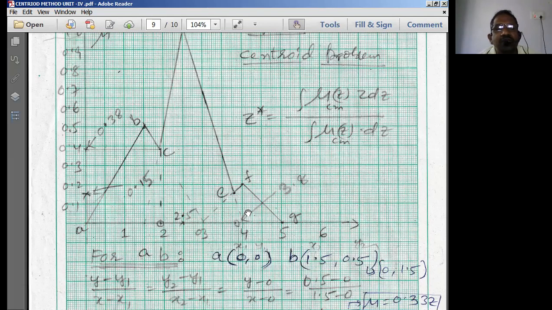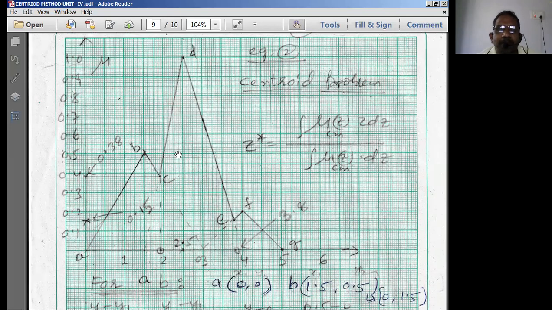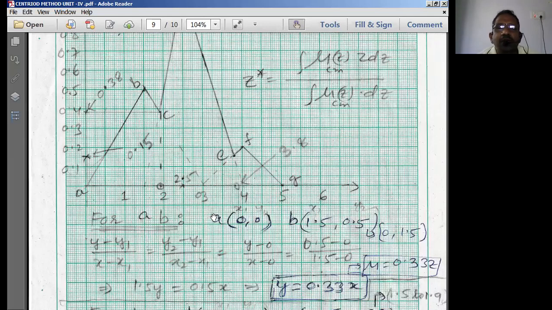Whatever the problem given to us, what is important is that you should locate the points appropriately. That is the issue here. In order to locate the points appropriately, we are using the graph sheet. If the graph sheet is not there, it is very difficult to locate the points. See here the points E and F. E is here, F is here. It will be coming around 3.9 approximately, and it's going to be 4.